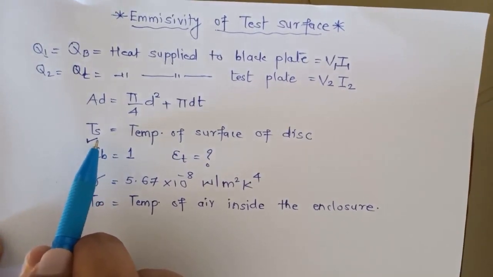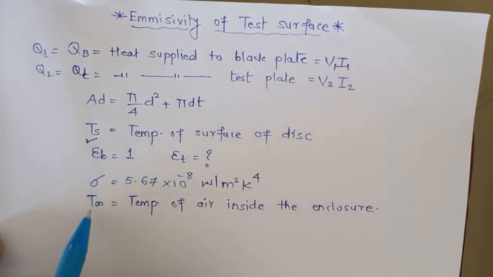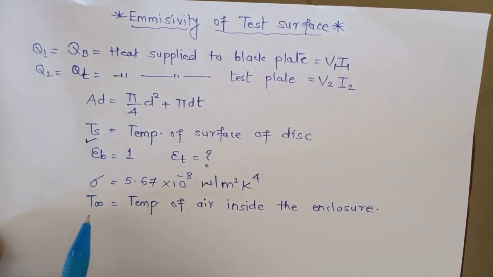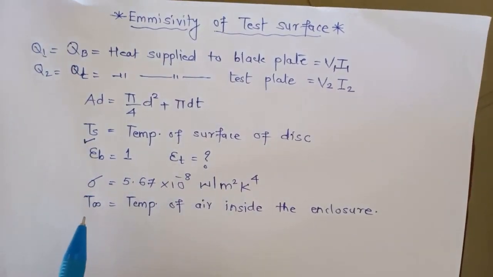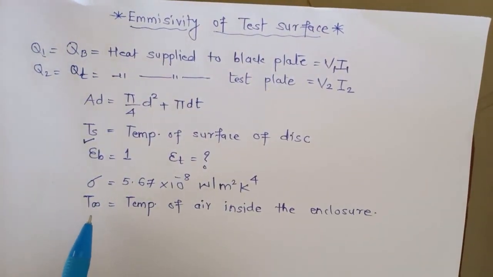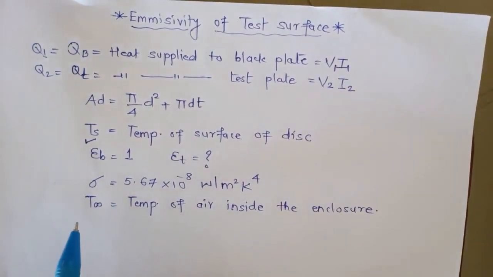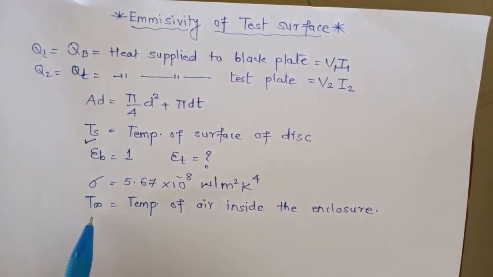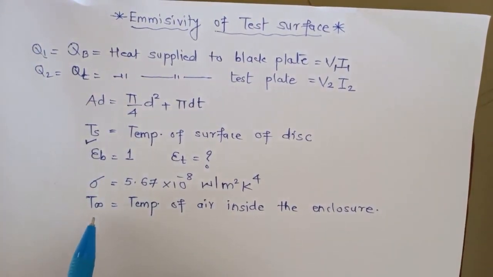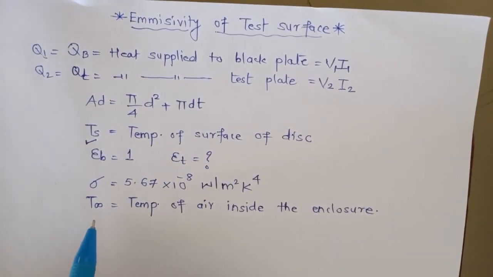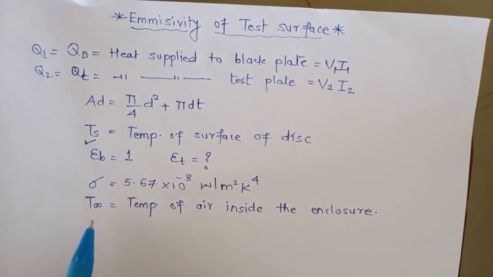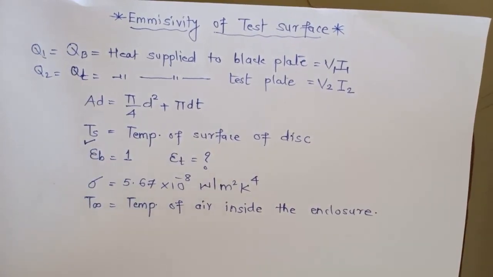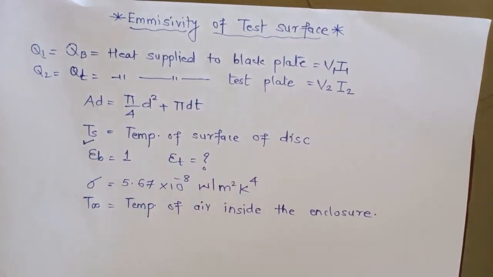Now you will understand why it is necessary to have the same temperature for both plates, because this Ts is the temperature of both plates. Radiation will be exchanged with the air inside the enclosure. Now this air inside the enclosure cannot flow outside, or flow within the enclosure. It will get stratified. Its layers will be formed at the top of the enclosure, so convection will not be there. Plates are not in contact with each other or with the enclosure, so conduction will not be there, so only pure radiation will happen.